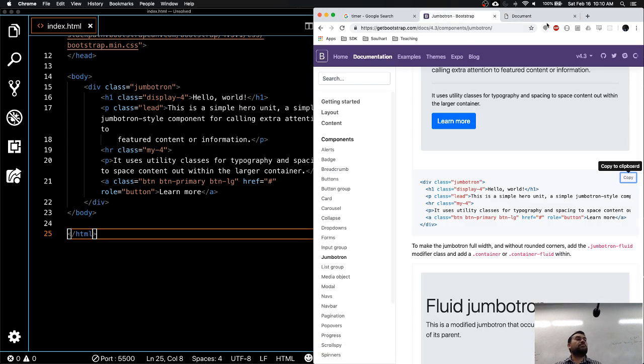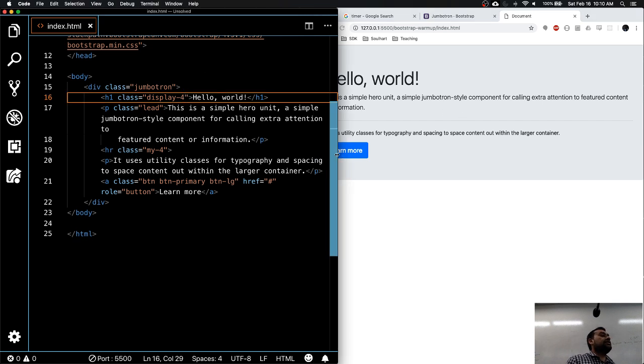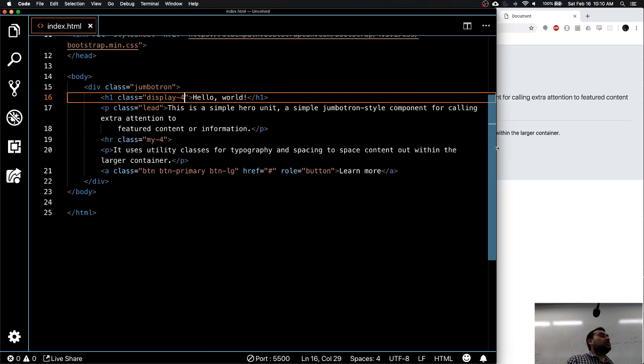So let's suppose I'm making a site and I'm looking for a Jumbotron. This is what I want on my website. So I go to Bootstrap. I'm using Bootstrap, and Bootstrap has the exact code that you can generate. So this is the code. If you quickly take a look at it, it's nothing different that you guys already worked on. If I take these classes part out, it's just a div tag, h1 tag, p tag, hr, and a link. All right, that's what basic it is.